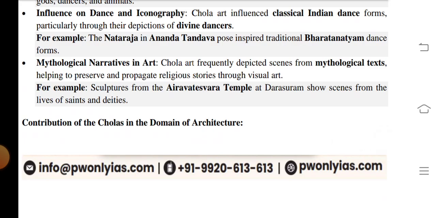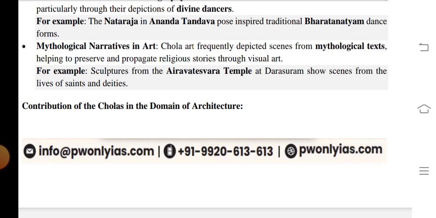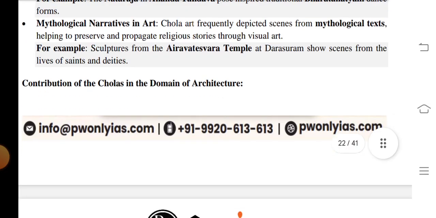The Cholas influenced classical Indian dance forms, particularly through their depictions of the divine and dancers. For example, the Nataraja in the Ananda Tandava pose inspired the traditional Bharatanatyam dance forms. Mythological narratives in art: